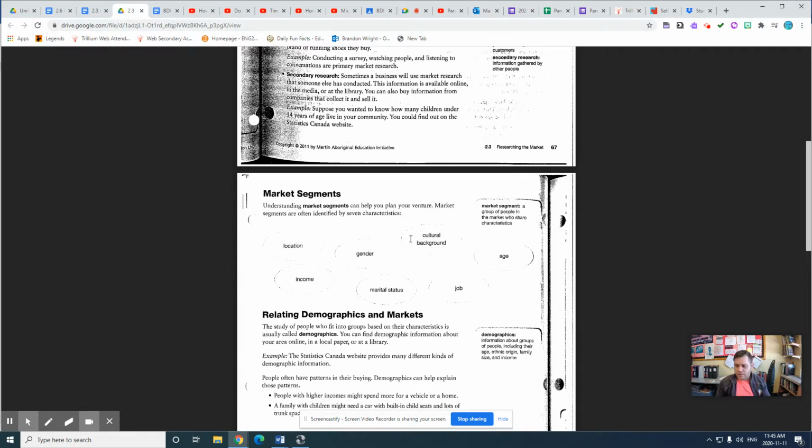A market, for example, I don't have it here with me right now, but say this water bottle. Not everyone is interested in buying this water bottle, but there are certain ages, jobs, marital statuses, genders, cultural backgrounds, locations, and incomes that are interested in it. Now, this is a $10 water bottle, so meaning that anyone of any income can buy it. Any marital status: you can be single, you can be divorced, you can be married.